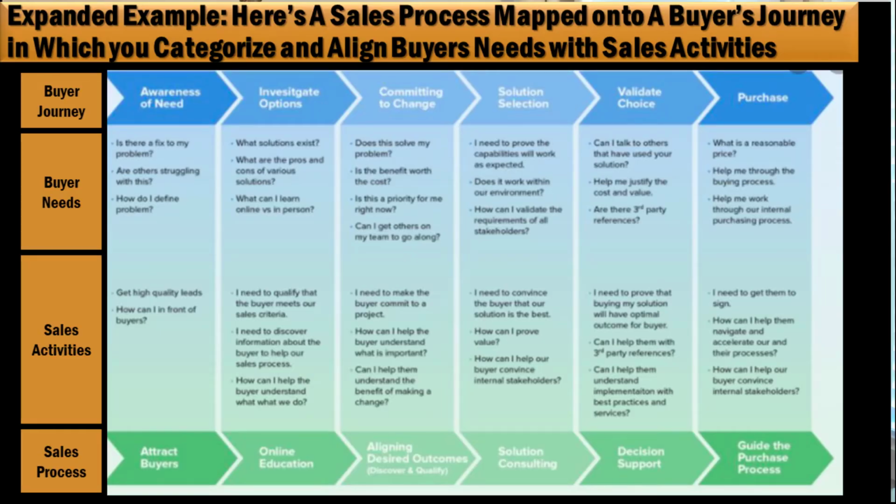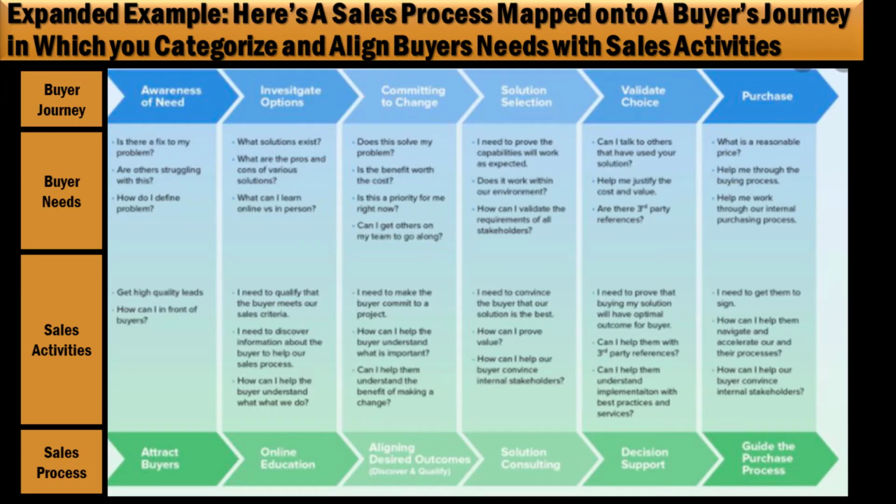The second thing is investigating options. How can you do different things? You can see these are different steps that you could do. You could do things that are still online. So if your lead came from online, or even if it came from offline or a different kind of source, you're maybe focused on how can I educate them through online education, right? So online education might be a way that I can help.